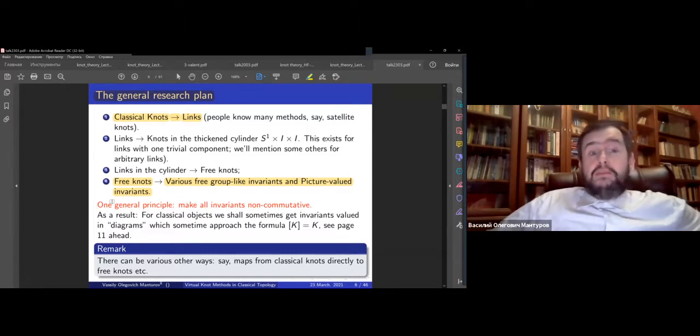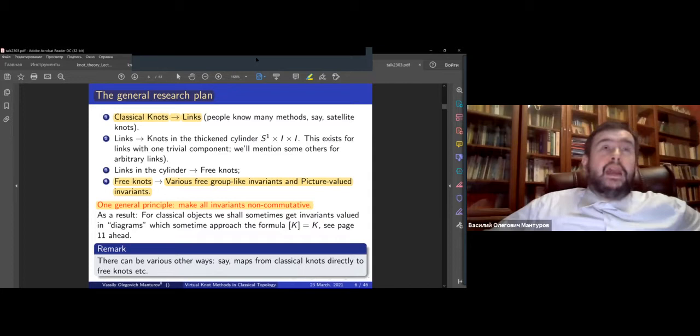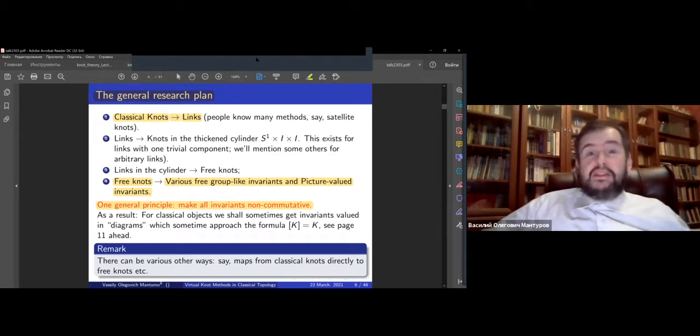And actually, I want to have some general principle. I want to make my invariants non-commutative. So actually, what do we usually have for invariants in classical topology? Actually, we want to count some numbers. And possibly we can give some flavor to these numbers. For example, we can say, okay, we are looking at intersections between some moduli spaces. So we can have some moduli space which turns out to be a sort of manifold, and we intersect it with another manifold so that the dimensions fit nicely, and we can have a collection of points.